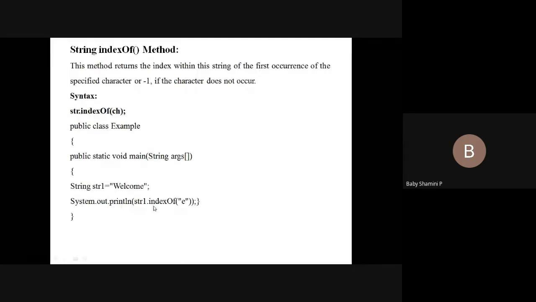Here I'm going to find the index value for the character e. First it checks the first character, whose index value is 0. Again it checks the next character, whose index value is 1. So it will print the index value as 1. The first matched character's index value is the output for this program.